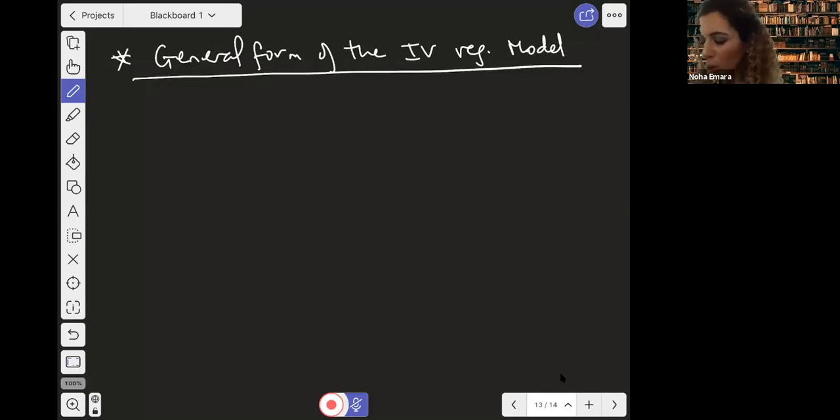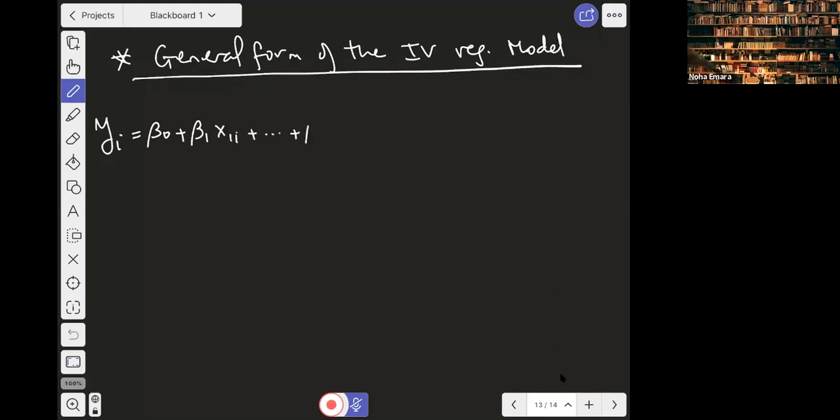But in real life, in real models, in your project for example, you can have multiple X's. Some of them might be problematic, some of them might not be. Some need their replacement by looking for an IV, some others might not need a replacement. You can use them as they are. So in general, our general form would be like this: Yi is equal to beta naught plus beta 1 x1i plus ... beta k xki plus